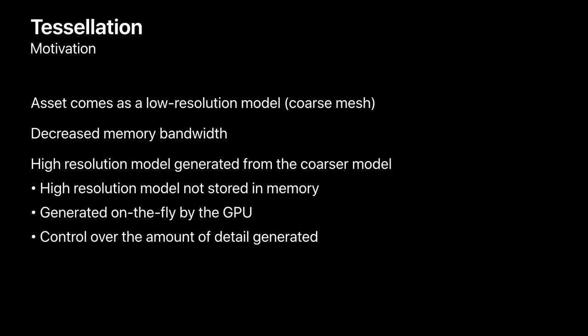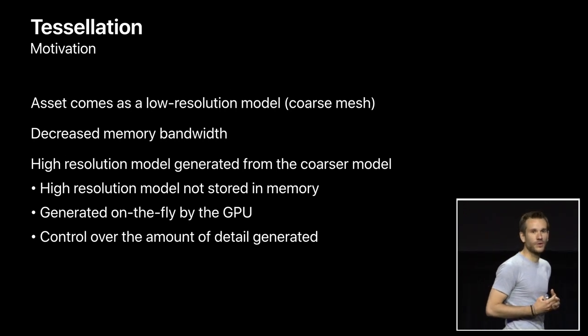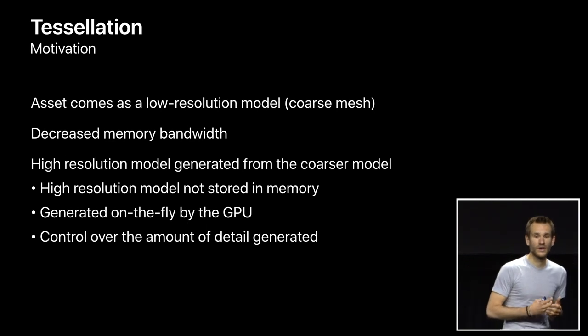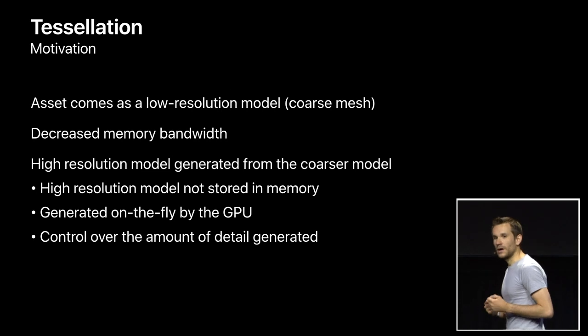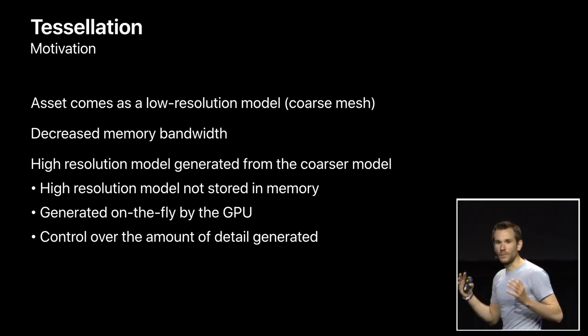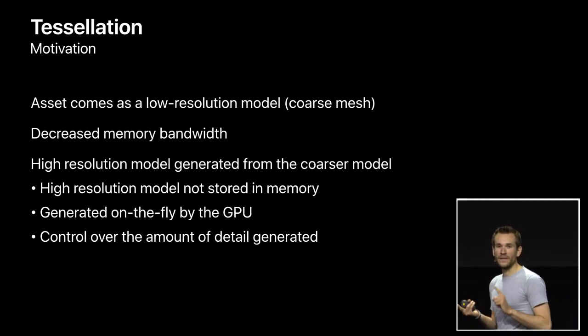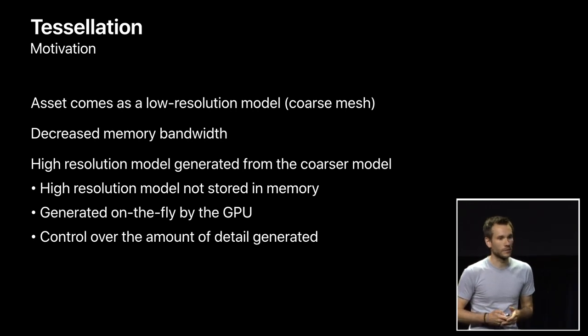So tessellation. Tessellation is a feature Apple added last year in Metal. And the idea behind this feature is that you provide the GPU with a low-resolution mesh or coarse mesh. And then you let the GPU generate more geometry, that is more vertices, on the fly when the model is rendered. So subdivision of surfaces really are a powerful tool. They are widely used in the industry to easily create, store, and animate low-resolution models that can become of very high quality when rendered. So let's have a look.